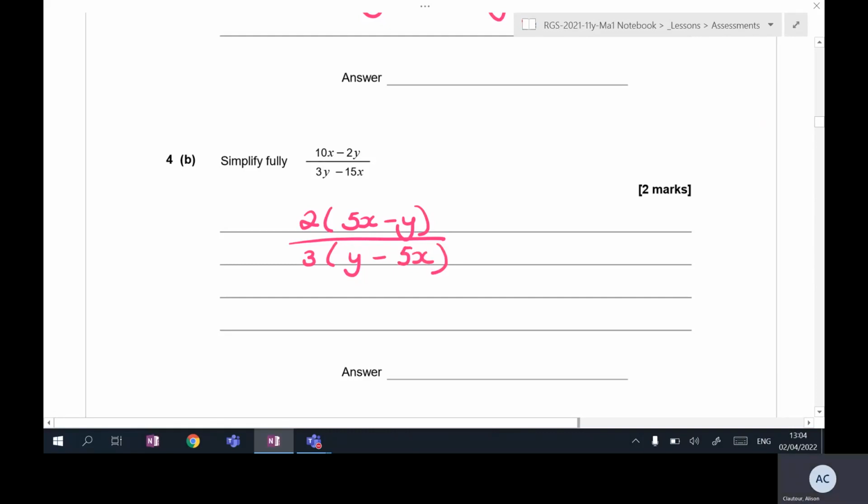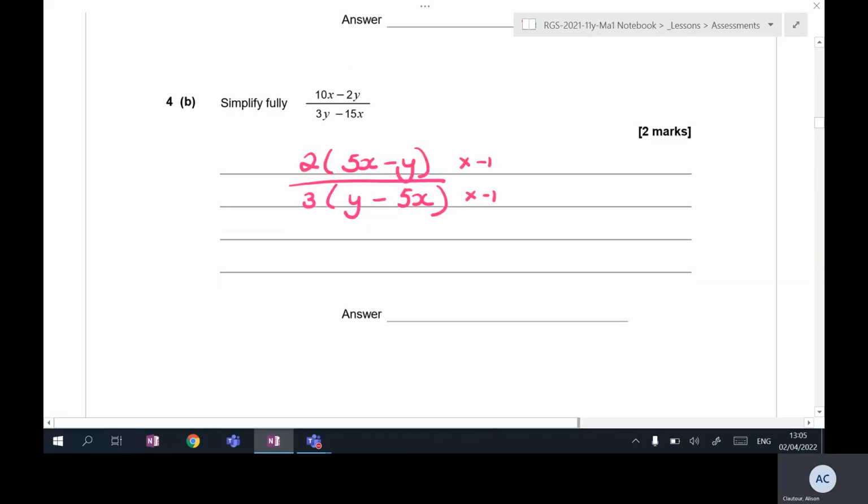So with this question, obviously we're looking to be able to simplify something. We want a common factor. I haven't got a common factor here, but hopefully you should notice that 5x minus y looks pretty similar to y minus 5x. However, the signs are the wrong way around. So if you multiply by minus 1,